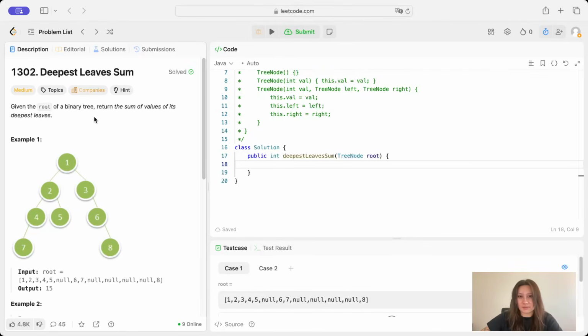Hi guys, let's do deepest leaves sum. So we're given the root of a binary tree and they want us to return the sum of values of